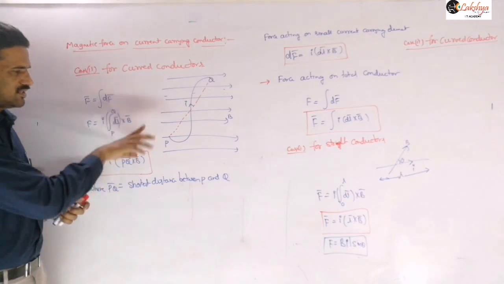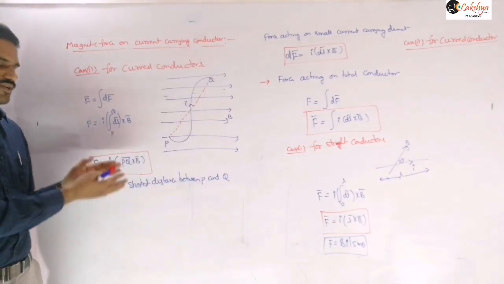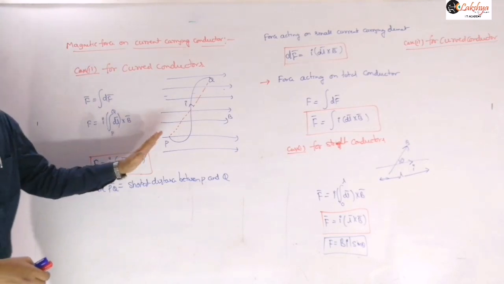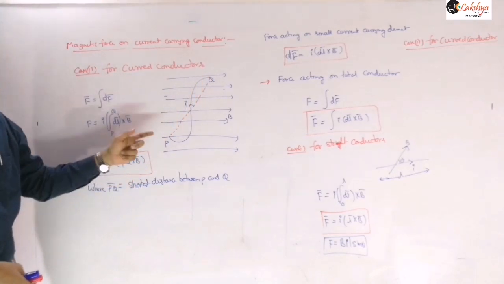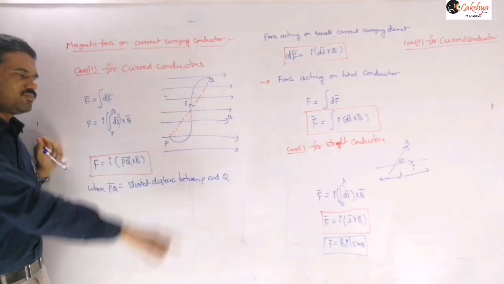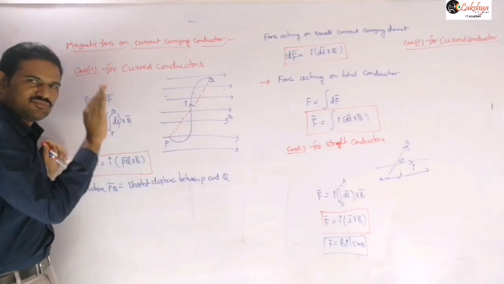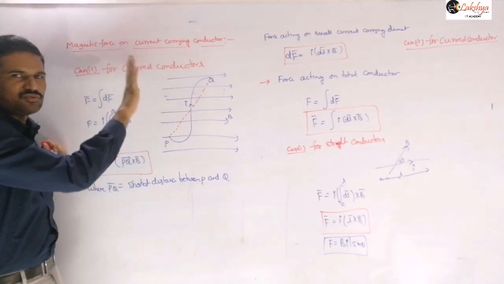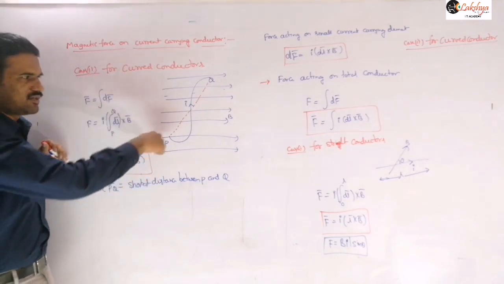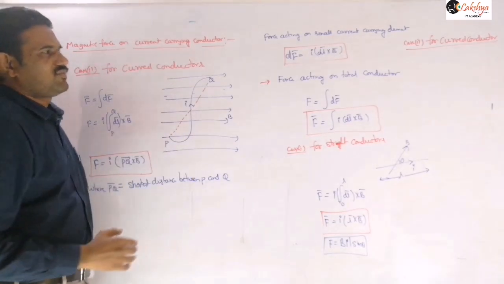And that we need to consider, that means we can replace this given curved conductor by a straight conductor like this. What it actually means is, you can replace the given curved conductor by a straight conductor placed like this, and the current is flowing from initial point to final point only. That means from P to Q we need to replace this by a straight conductor PQ, in which current is flowing from P to Q. So the direction we need to take is the same as that of our given. It is starting from P and it is reaching that point Q there. So that is the direction of this current.